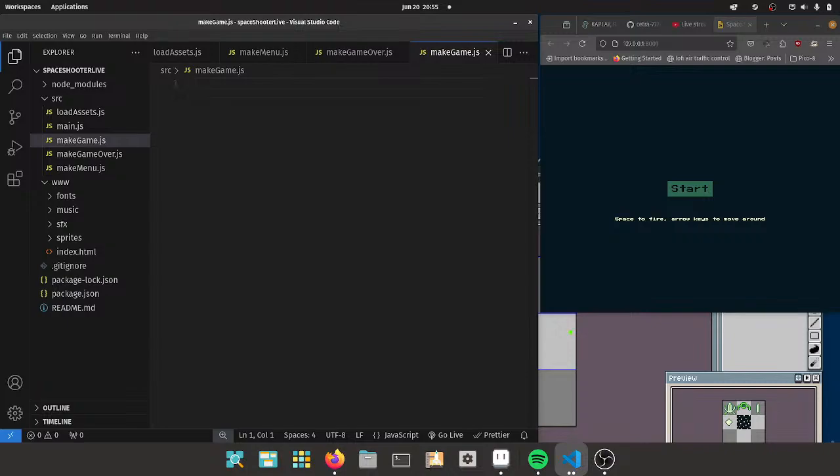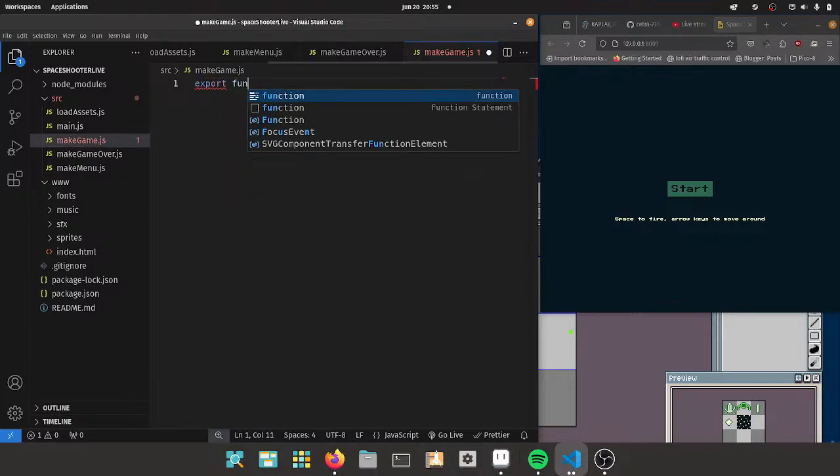So when we think about what Galaga is, right, we have a player ship that can move around and fire bullets up. We have enemies that come down and they can fire bullets down. And when the player hits a ship or an enemy bullet, it blows up. When the enemy hits a player bullet, it blows up. That's basically Galaga, right? You can certainly make it more complex, but for showing how this engine works, that's more than sufficient. So this is going to start out just like the other two screens with an export function,